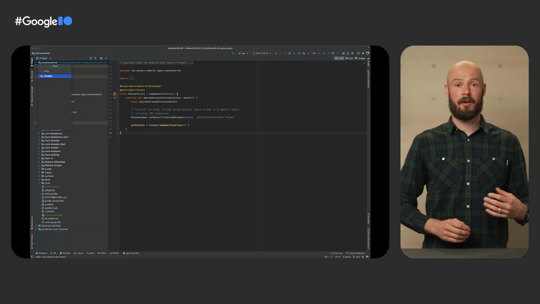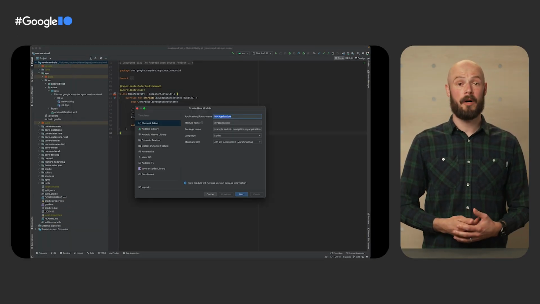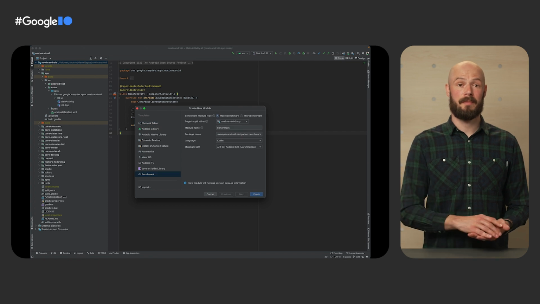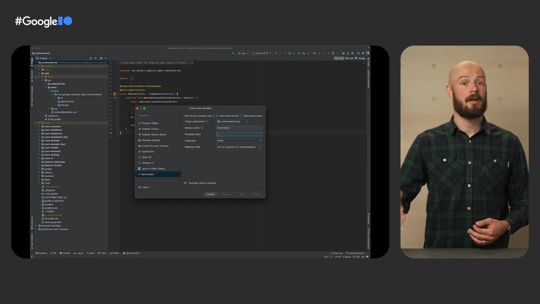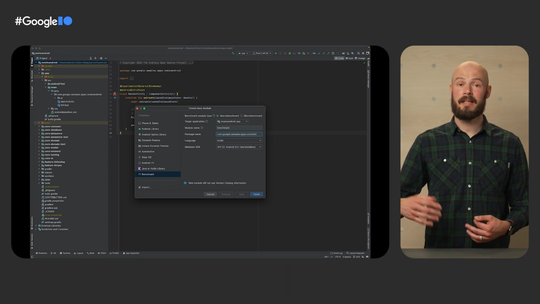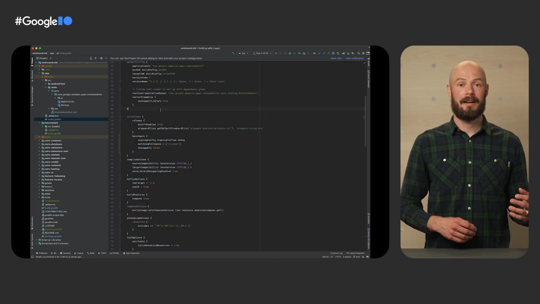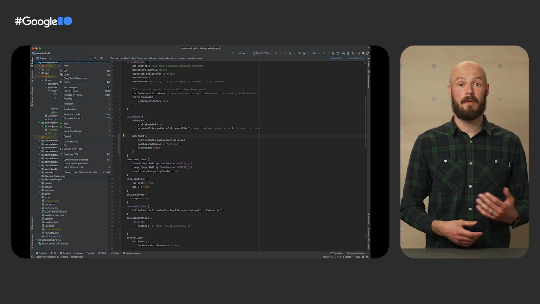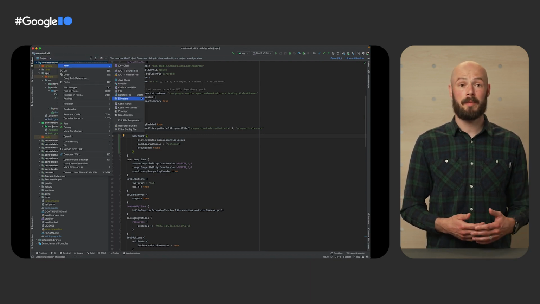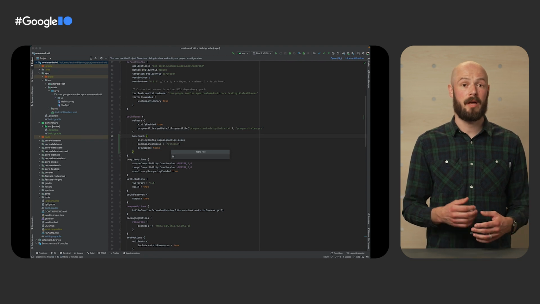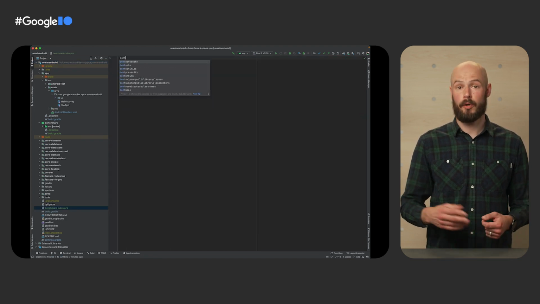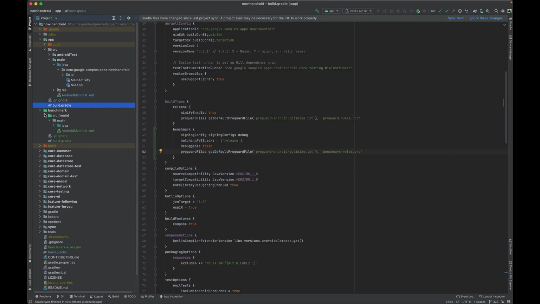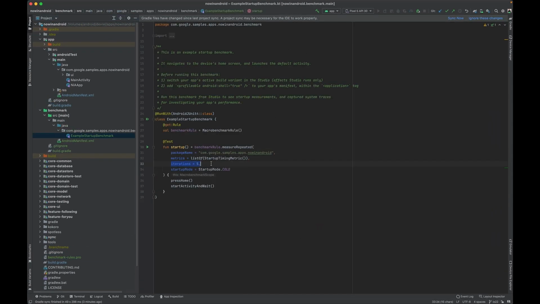To get started adding macro benchmarking to your project, open the new module dialog. Select Benchmark and Continue. Here, select Macrobenchmark, modify the module and package name to your needs, and click Finish. Android Studio will take care of creating the benchmark module, modifying your build script, and adding the right dependencies to the benchmark build type. This build type will build upon the release build type to keep performance close to your production app. But benchmark builds should not be obfuscated, so we recommend creating a separate ProGuard rule which contains Don't Obfuscate.